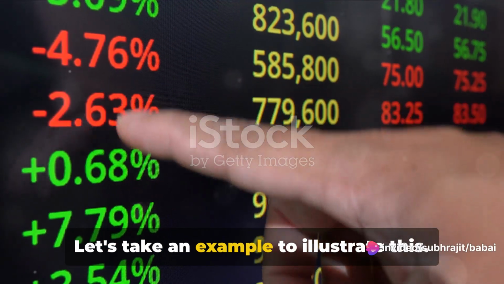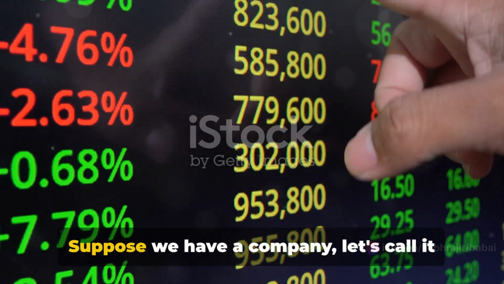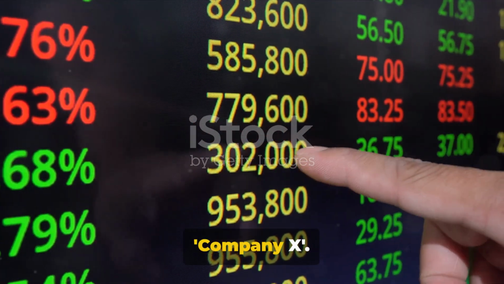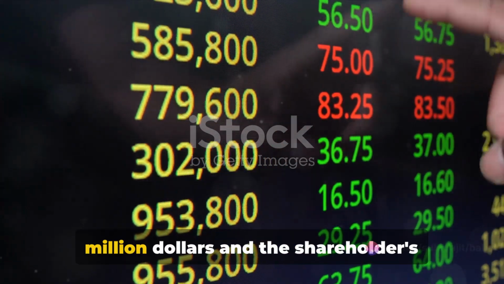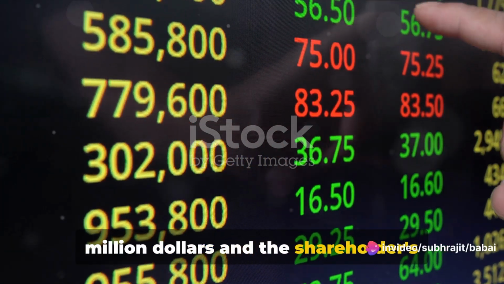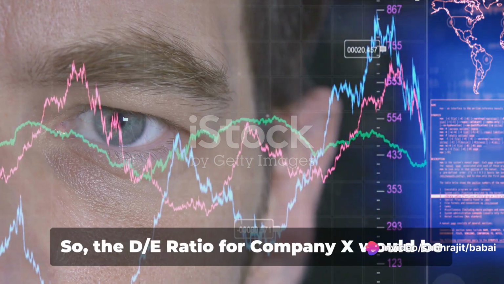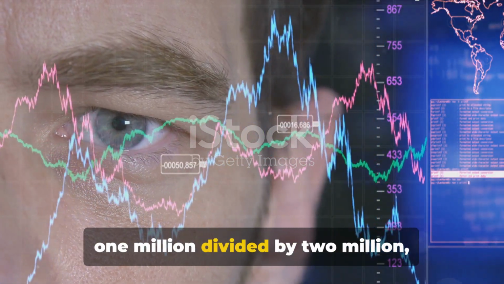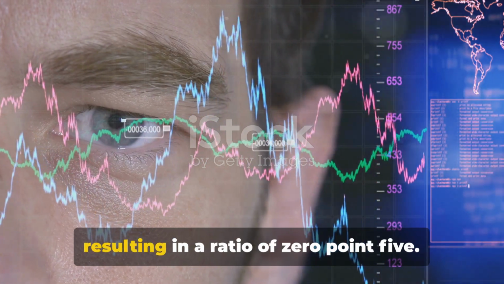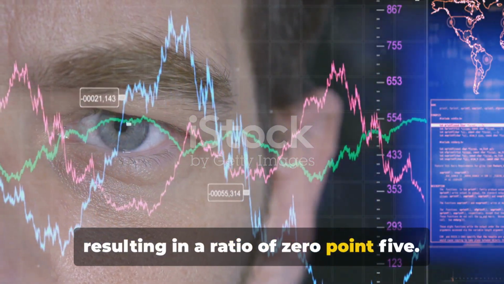Let's take an example to illustrate this. Suppose we have a company, let's call it Company X. Company X has total liabilities of $1 million and the shareholders' equity is $2 million. So the DE ratio for Company X would be 1 million divided by 2 million, resulting in a ratio of